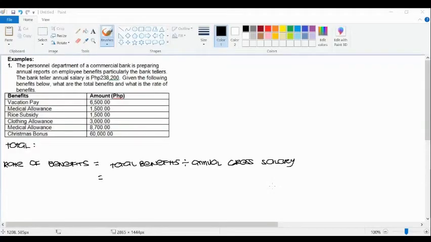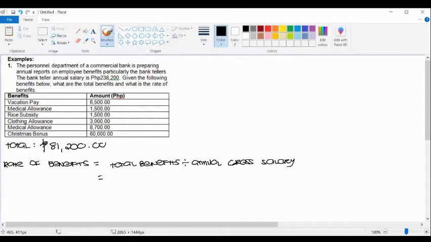We have vacation pay of 6,500 pesos, medical allowance of 1,500, rice subsidy 1,500, clothing allowance 3,000, medical allowance 8,700, and Christmas bonus of 60,000. If we're going to get the sum of this, it will give us an answer of